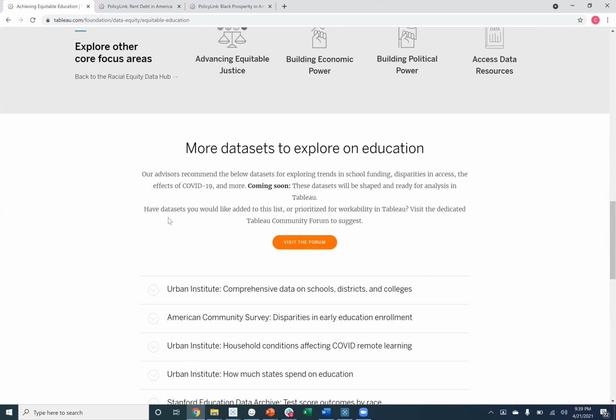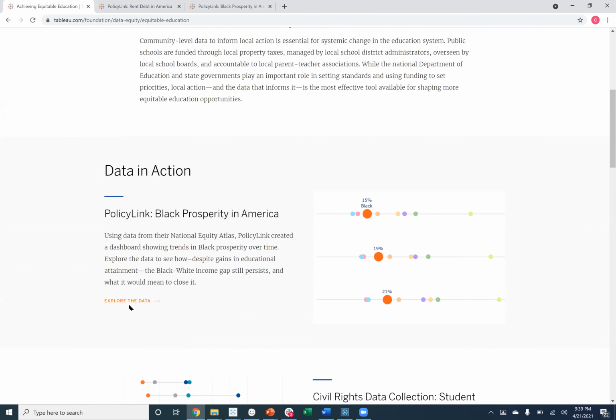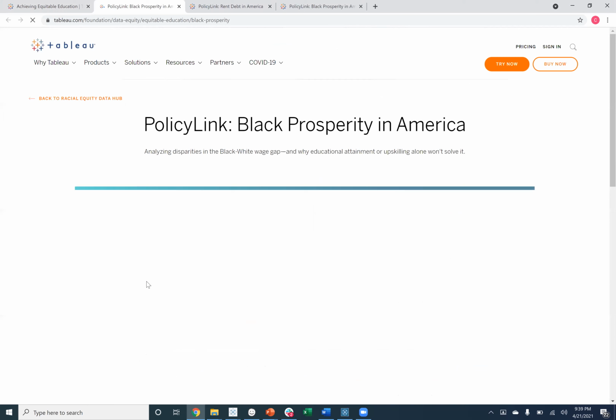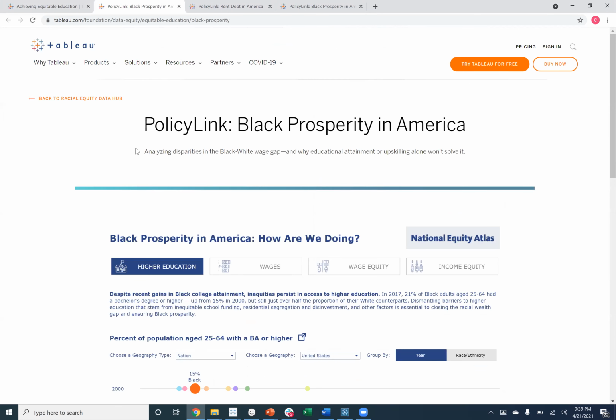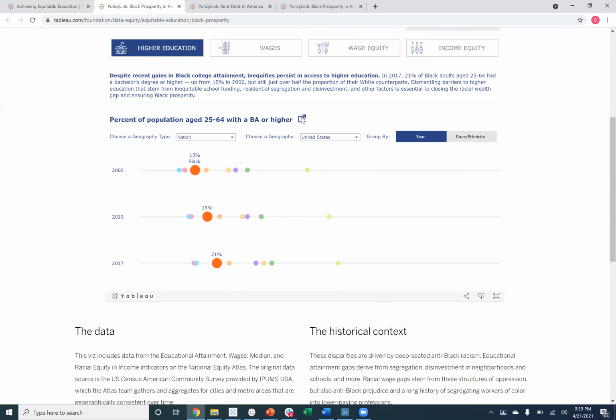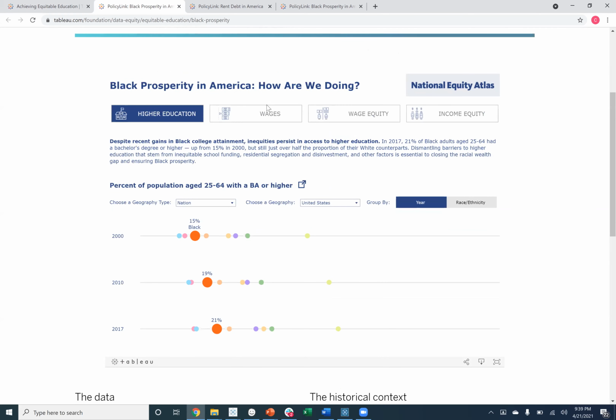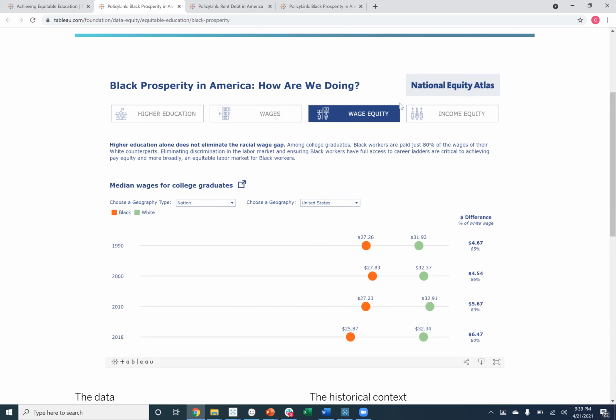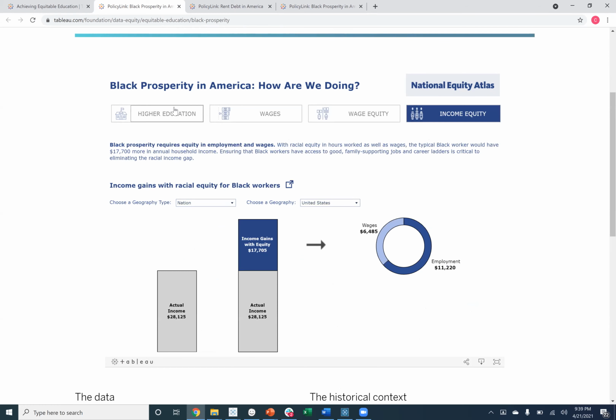And soon what we're going to do is provide more data sets that you all can explore within the community as well. So here, I'm going to then navigate to the Explore the Data tab so that we can focus on the Black Prosperity in America dashboard that I work hand in hand with PolicyLink to create. Once you navigate to this page, you're then able to have a look at the dashboard here. It's embedded within the site, and you're able to navigate throughout the dashboard and learn more about the information that's being provided to you. And I'll actually dive more into this on Tableau desktop, but just know that directly from the site, you're able to go ahead and navigate to different tabs,